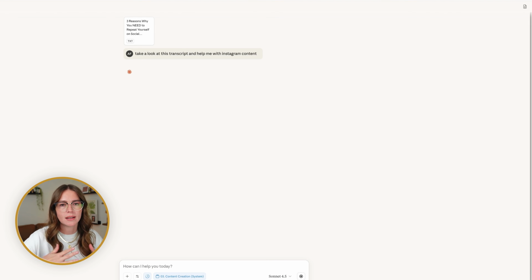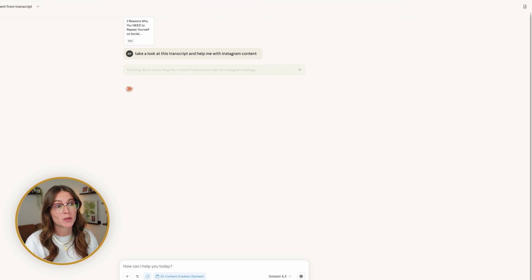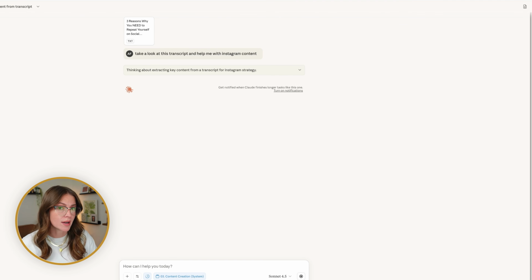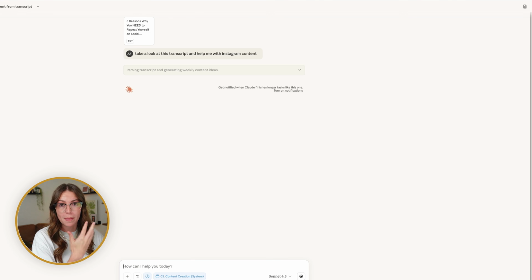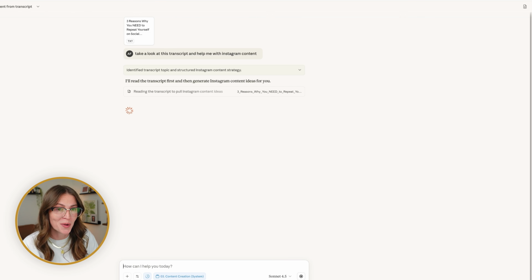Now, it's not going to take it nearly as long to process as the last time, maybe a minute or two, because again, we're only focusing on one platform and not all of them. So it's going to take a look at that transcript. It's still going to refer back to those custom AI instructions. It's still going to refer back to my brand file,